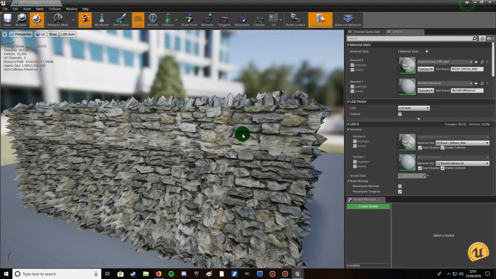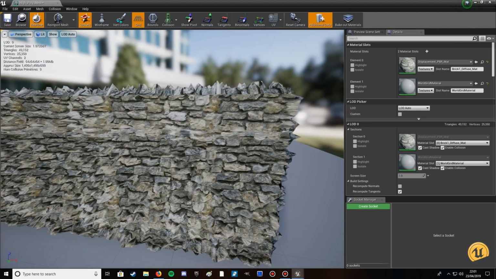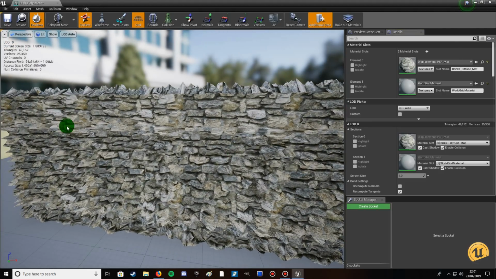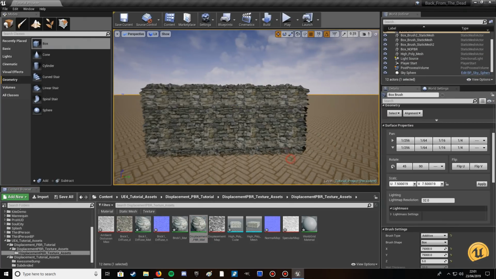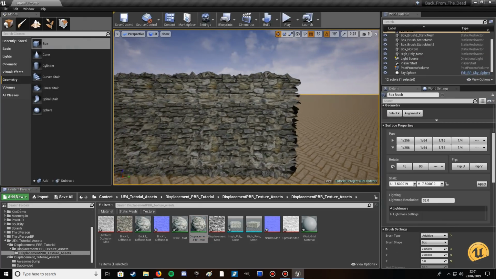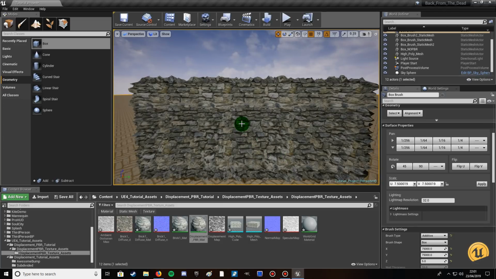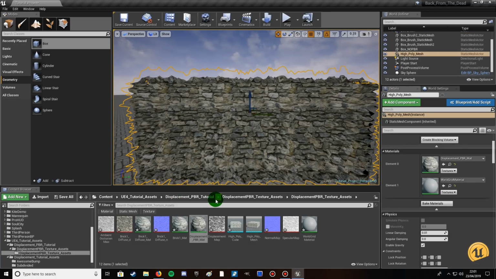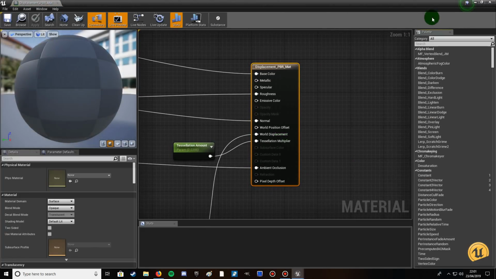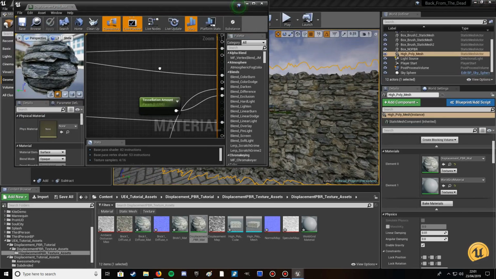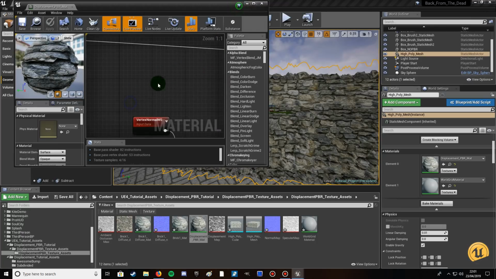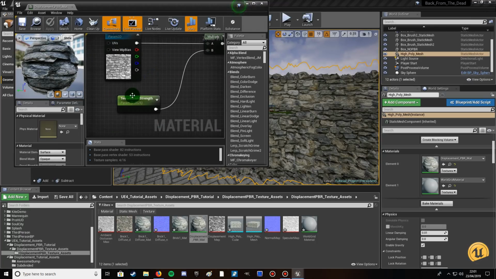Zoom out. As you can see, that's quite drastic. That's still too much, but we'll shrink that down. The trick is just to keep playing with it until it looks right. So we'll open up displacement PBR map, resize the window and get a good look at the wall. What we want, we'll go tessellation amount. Tessellation amount is probably fine. Tessellation strength,